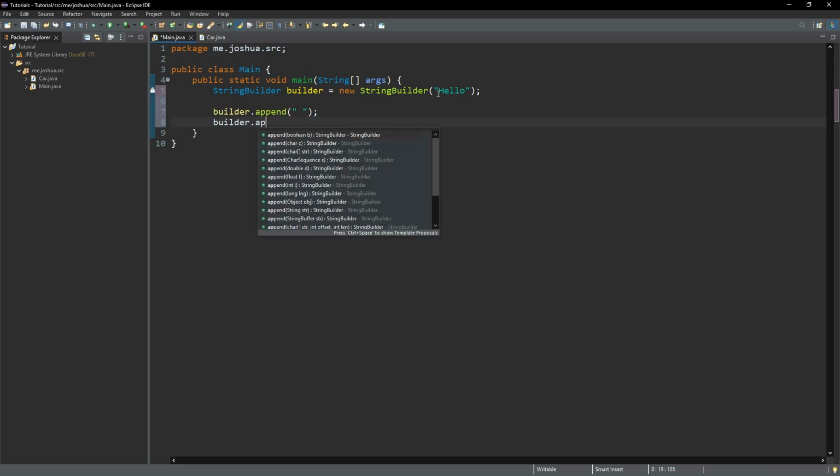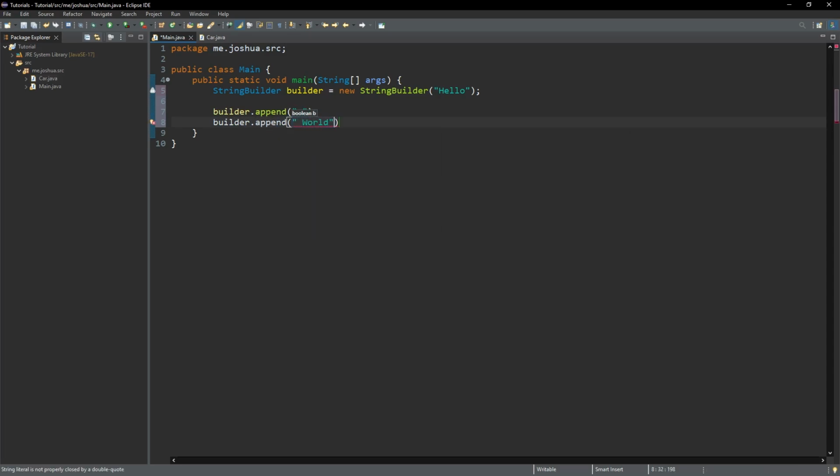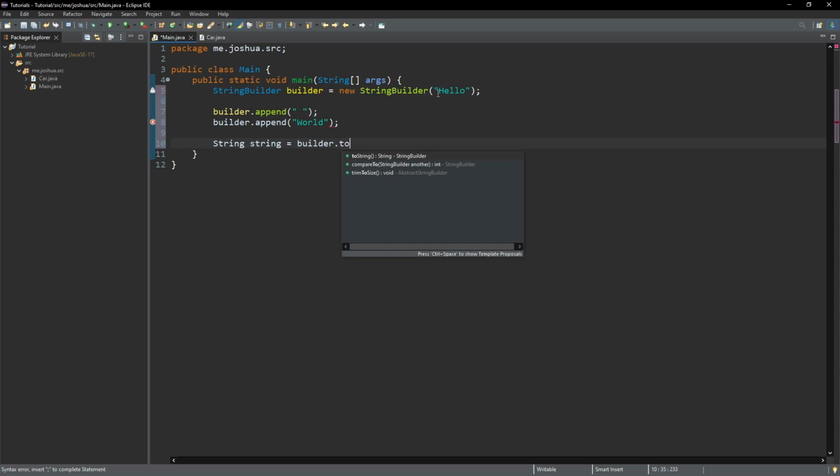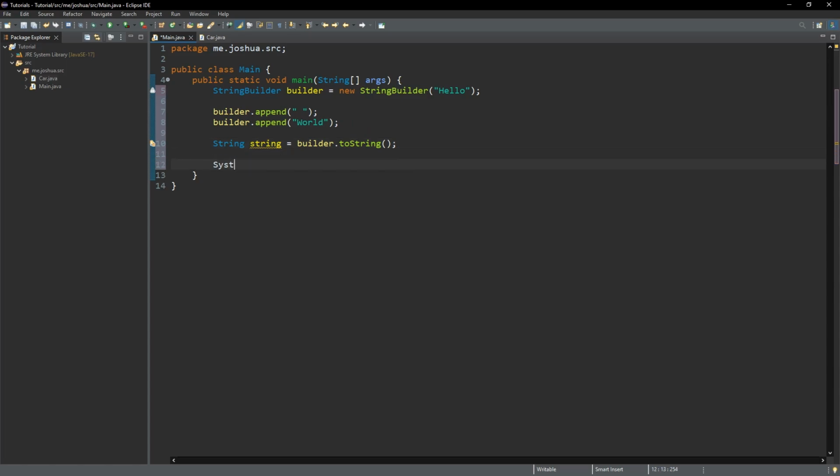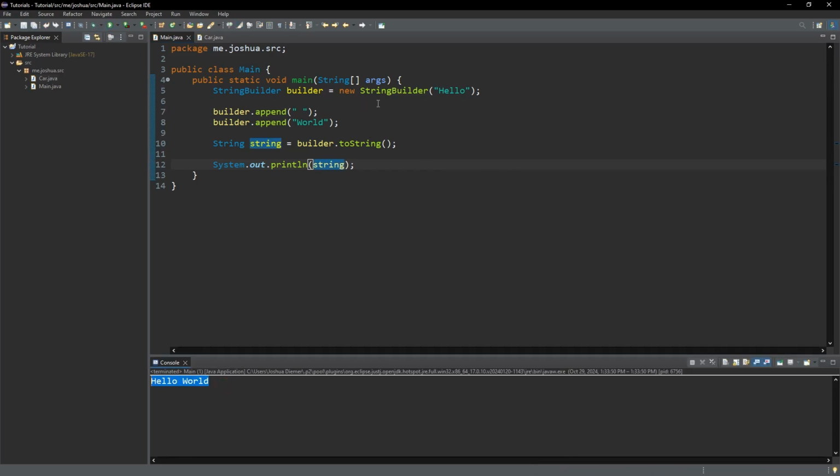Then we can say builder.append world. No space, because we already did that. Then if I say string, I'll just call it string, equals builder.toString. This will convert our data into a string. And so if we say system.out.println string, this will say hello world, just as if we would do it like this, right? Or just as if we would do it like this,